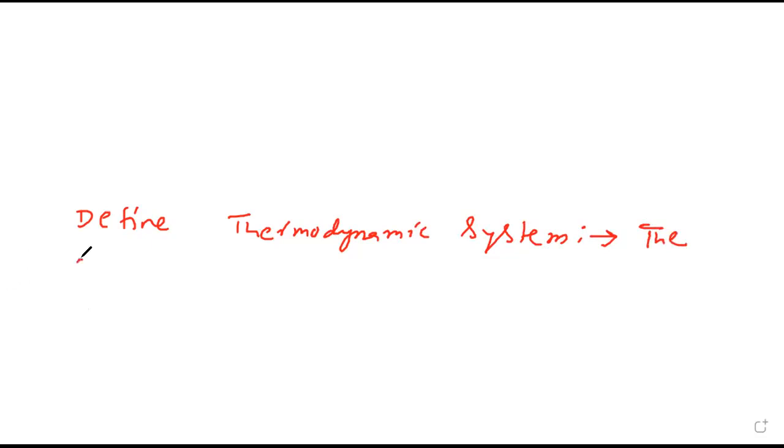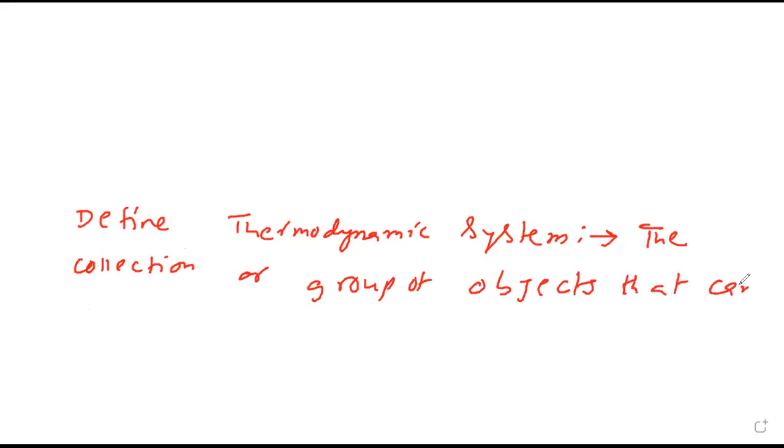Define thermodynamic system. The collection or group of objects that can form a unit